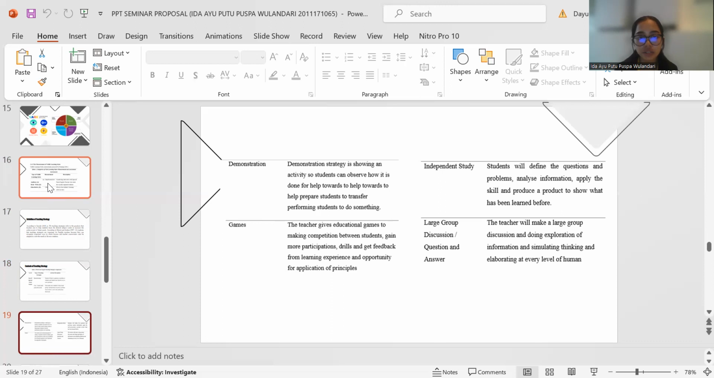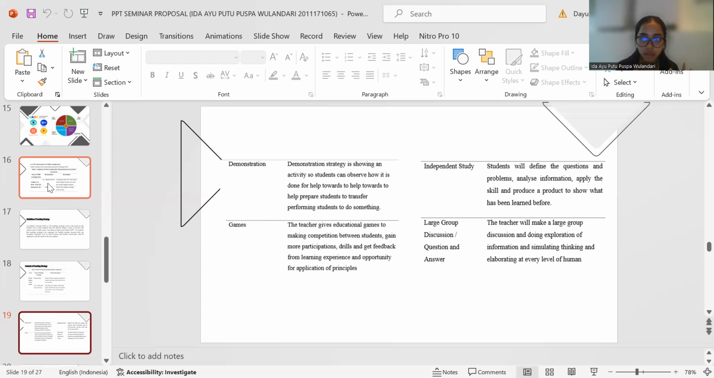Next is demonstration. Demonstration is a strategy of showing an activity so the students can observe how it is done, or how to help prepare students to transfer and perform something. And next is games. The teacher gives educational games like